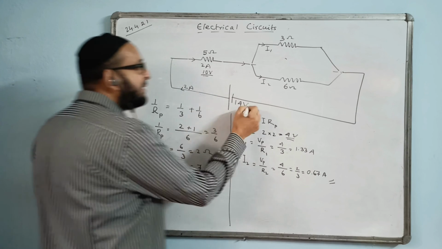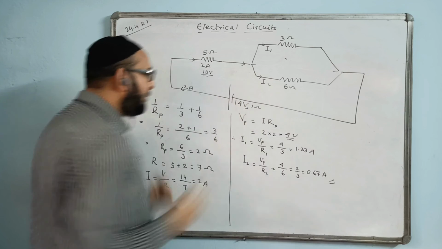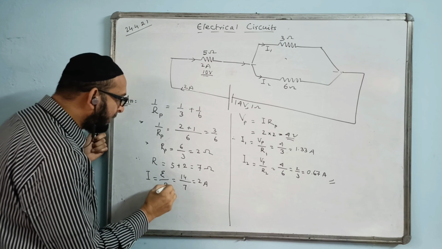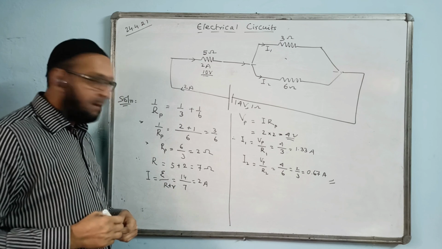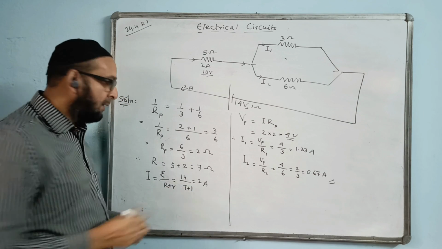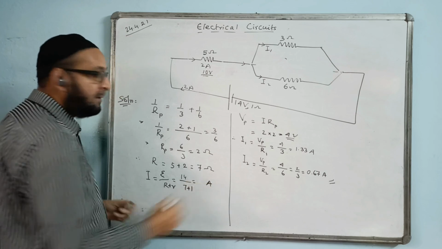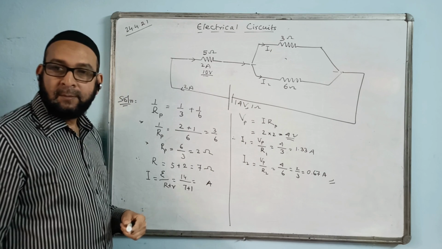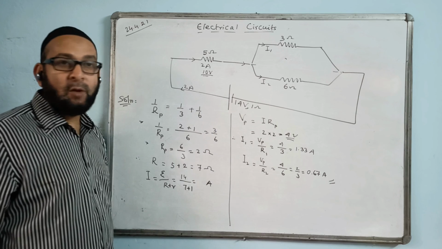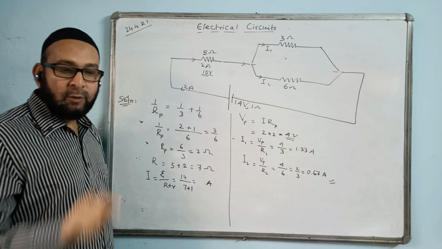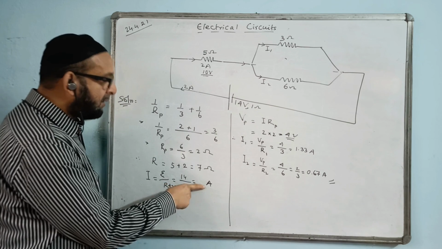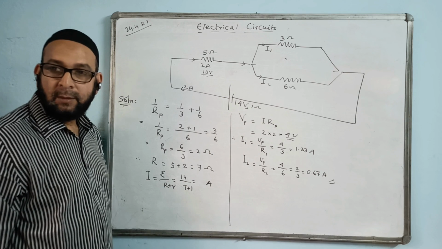If they have given internal resistance also, say 1 ohm, then I is equal to E by R plus small r, so the formula value will slightly change. It will become plus 1, and we calculate the new answer, and the rest we do the same way. If they ask for the drop in potential between the terminals of the battery, drop in potential means loss in voltage, that will be equal to I into small r, where I is the current that comes out.